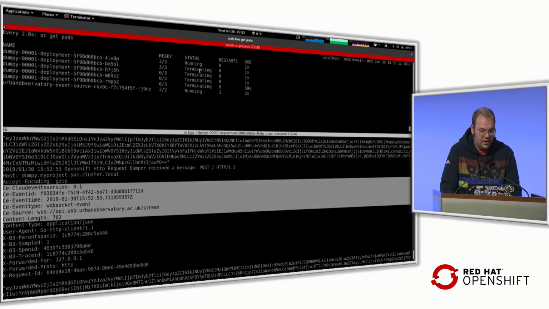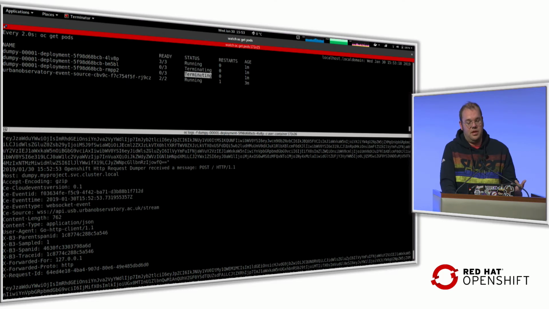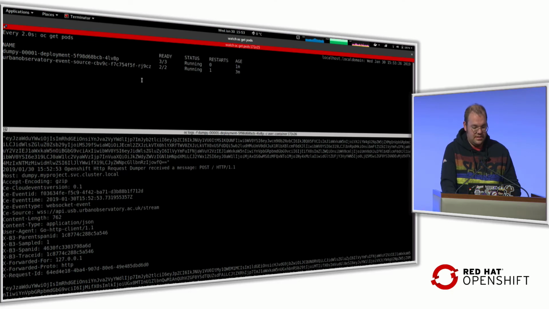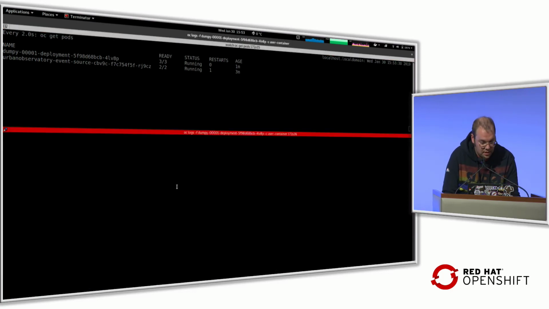And now what you see here, Knative did realize that there is not that much traffic. I don't really need 5 or 6 different deployments there. I'm just fine with one particular instance. I'm able to manage that. If for whatever reason this WebSocket stream again goes crazy and it is hammering and pumping too much data into my channel using the event source, then the autoscaler comes in again and you will get many more pods.